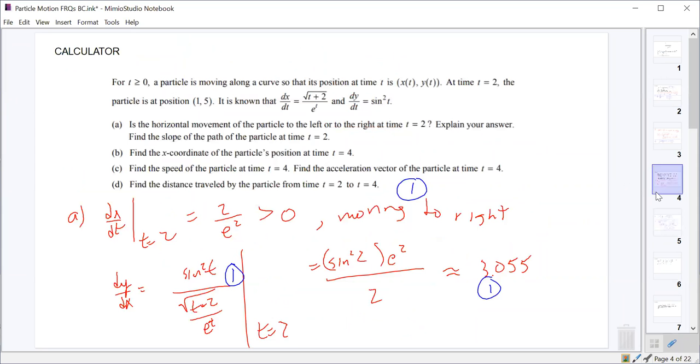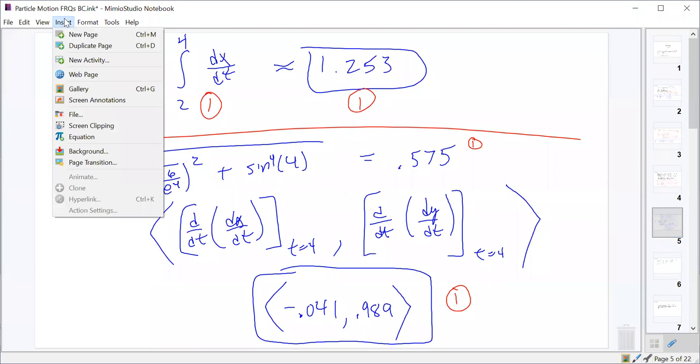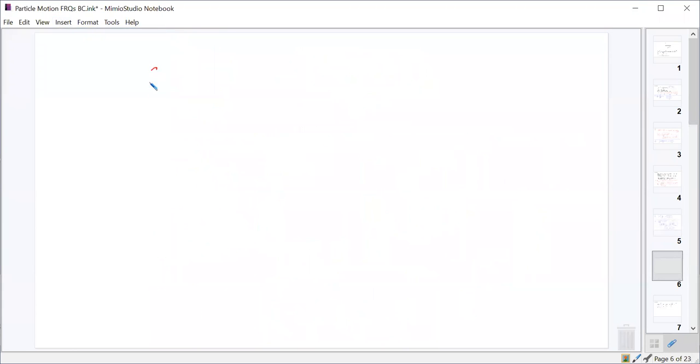All right, and then what was part D asking us about? We want to find the total distance traveled. So if we're looking for the total distance traveled by the particle from 2 to 4, that should just be the integral of the speed from 2 to 4. So we'll just say the integral from 2 to 4 of our speed equation, which is the derivative of our x,